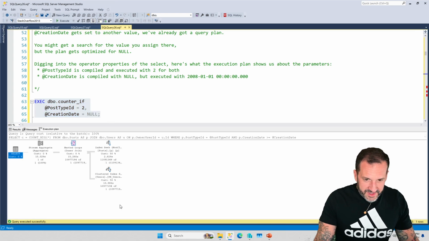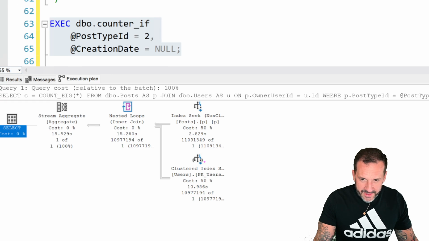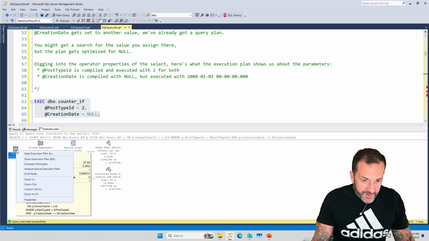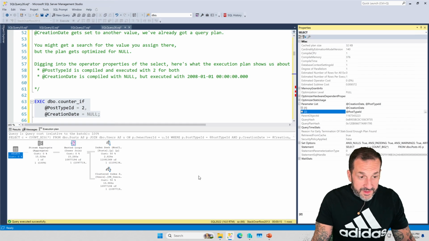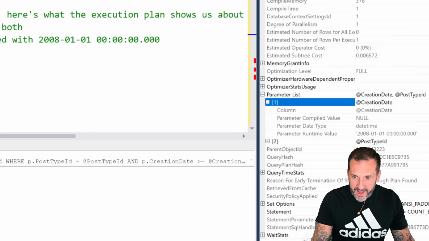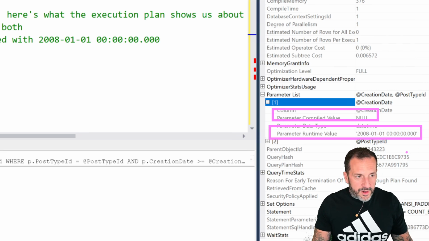But if we look at this stored procedure, we're going to see a very bad estimate here, right? Whole bunch of rows out of one row. Not a good estimate. And if we look at the properties of the select operator, we're going to see our creation date has a parameter compiled value of null and a runtime value of 2008-0101.